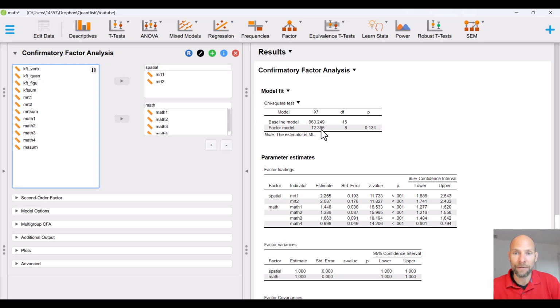There's a chi-square value for the model here given, model fit, and you can see, wow, it fits well, so it's not rejected. The p-value is 0.134, so wonderful analysis with 2 factors here, and you can see parameter estimates